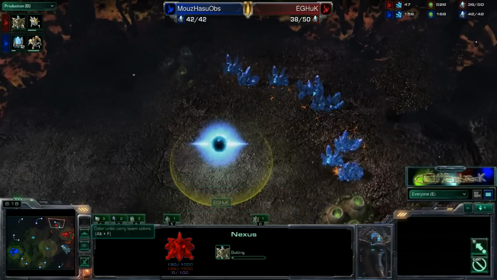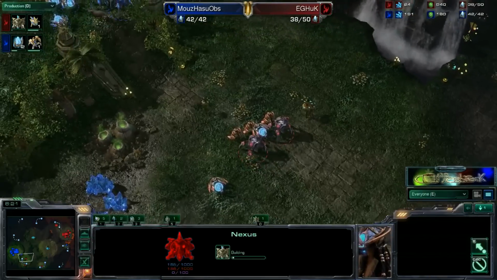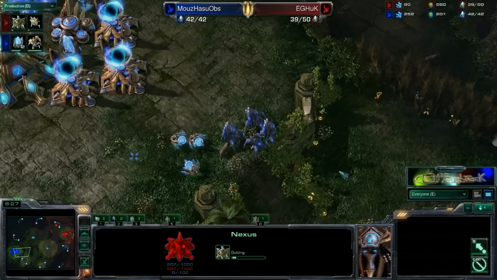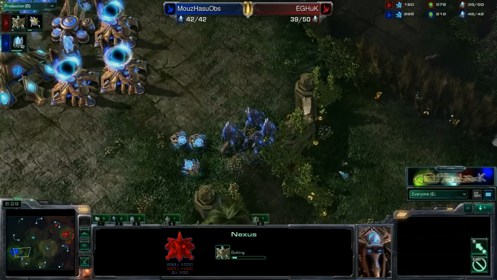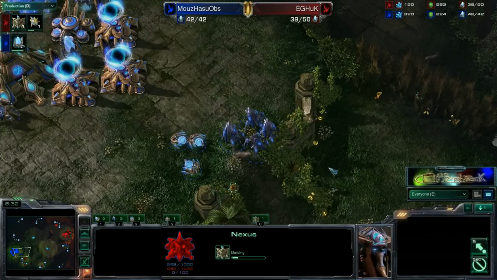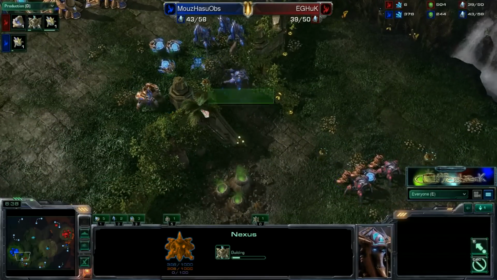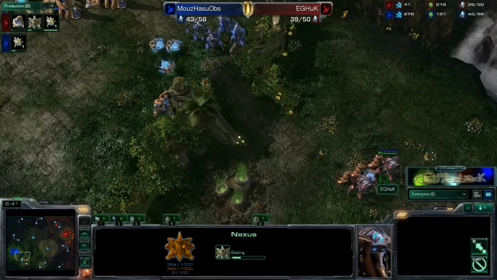Is going to lay down his next. There we go. So we are going to have a 3-gate pressure expand out of EGHuk. In the meantime, we are going to be seeing that 3-gate robo I was talking about. Not the unit composition I was talking about, but the 3-gate robo is still a very, very safe build in PvP. One stalker is going to poke down the ramp, see what's going on there, and since those zealots were